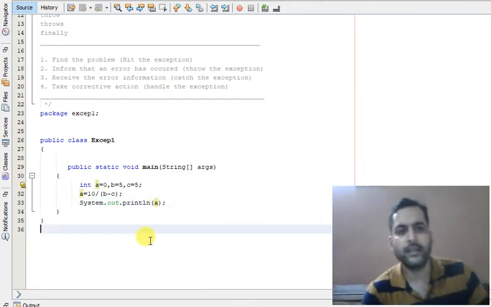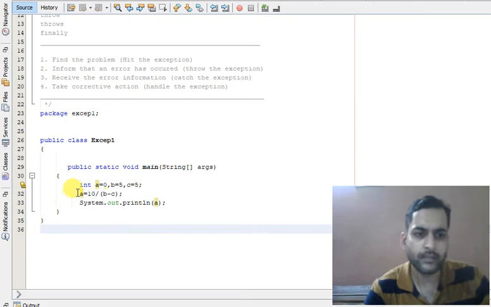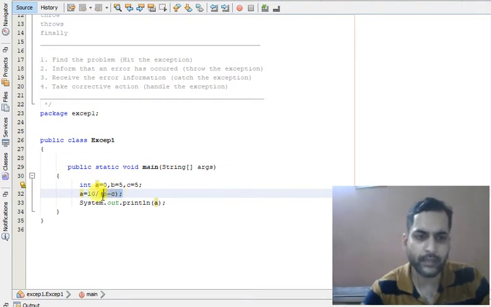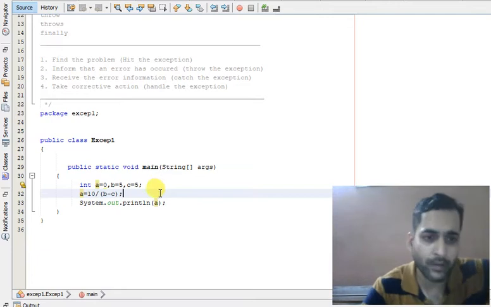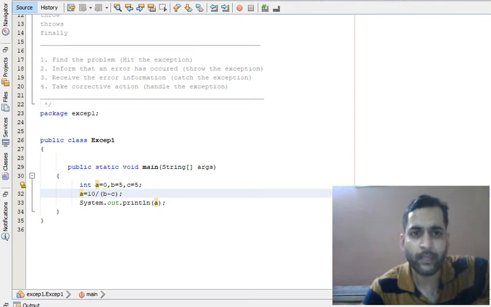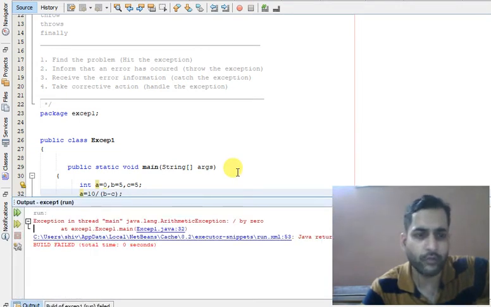So you can see this is the critical statement. This line can create the problem. We can clearly see b minus c is equal to 0, and this will be a divide by 0 error. If I try to run it, the code will crash.